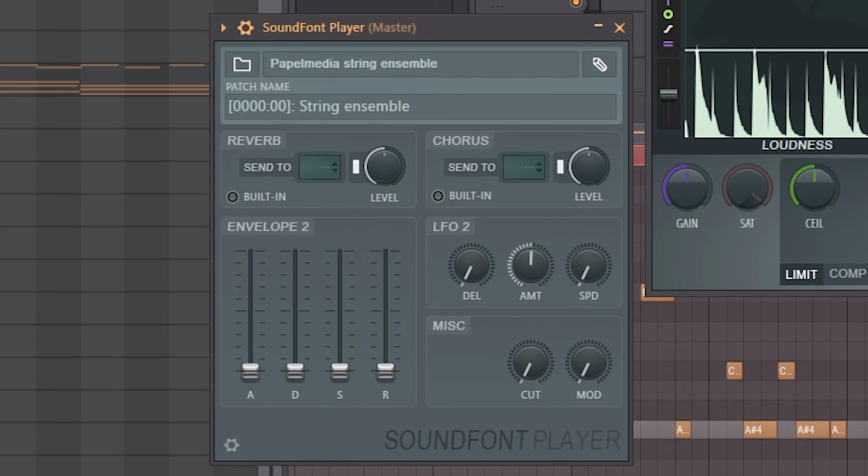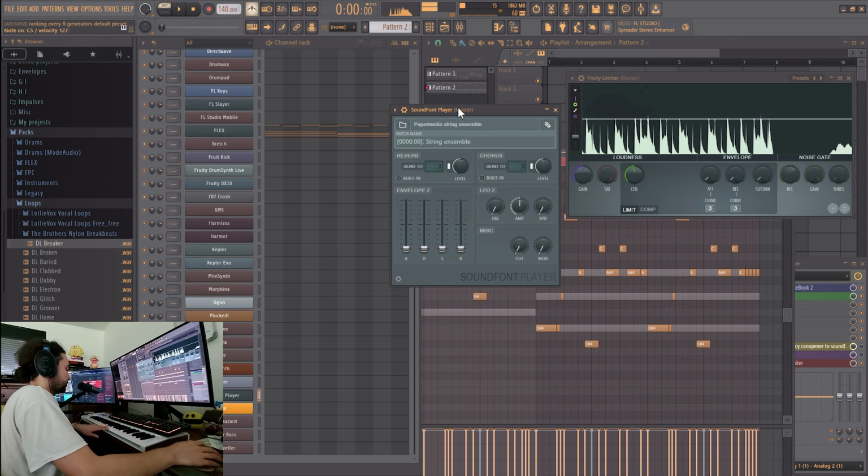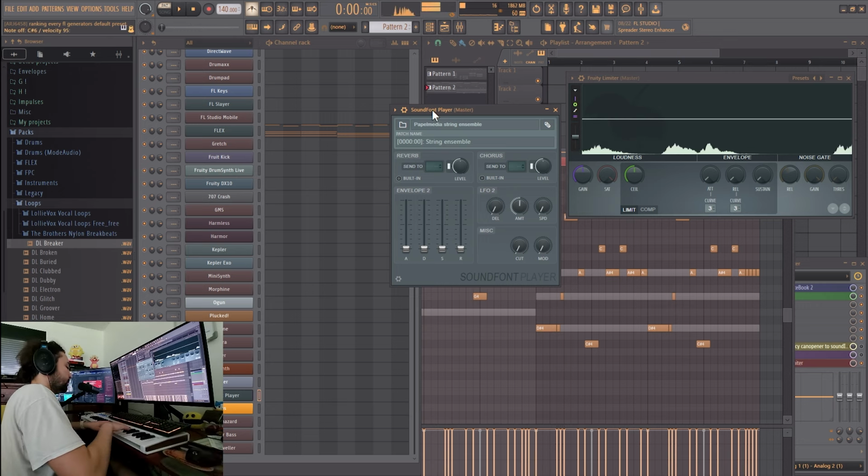Okay, sound font player. I love me a good sound font. This new one's built in with the Papal Media, which I also love from back in the day. String ensemble, but nothing else. The sound definitely makes me think of like...